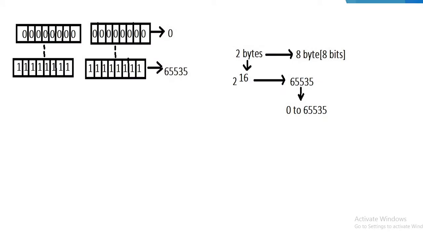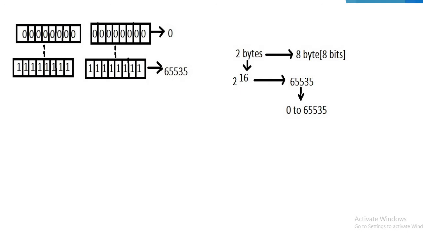Next, you can see here I have drawn one diagram on your left side. In that diagram I have drawn blocks. Every byte contains 8 bits. That's why I have written 0000. Every byte starts from 0, meaning I have written 8 zeros, and it ends where all values become 1. With binary all values 1, in decimal that is 65535.